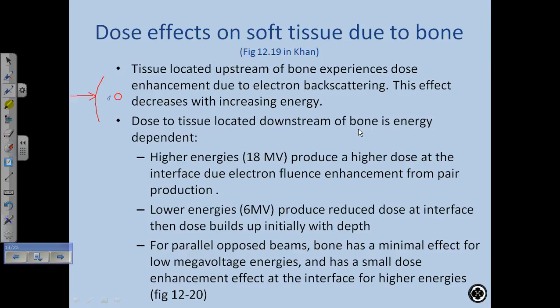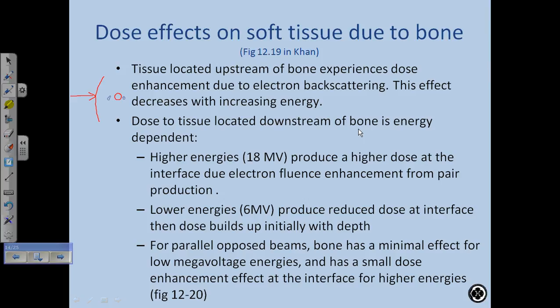And this effect decreases with increasing energy. So this backscattering effect will be lower for a higher energy than a lower energy. Okay. Dose to tissue located downstream of bone is energy dependent. So what happens to dose to tissue on the other side of the bone? That's energy dependent. Higher energies like 18 MV produce a higher dose at the interface due to electron fluence enhancement from